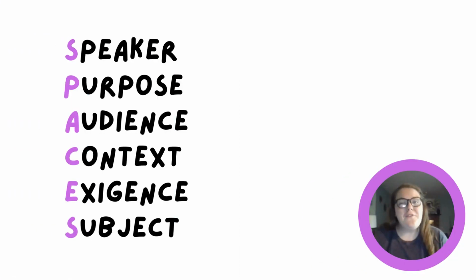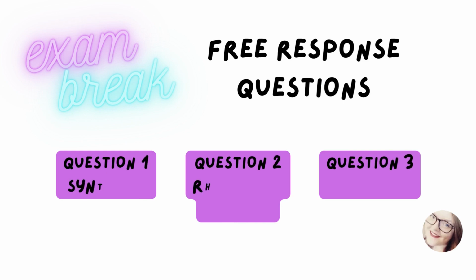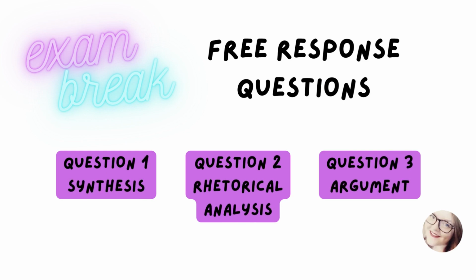So there's your overview of the components of the rhetorical situation. As you read passages for your AP exam, consider all of these components and how they're interacting. But we're not done yet. While part of your exam is considering the rhetorical situations of other writers, you also have to assess and engage in situations of your own in the written part of the exam. There are 3 different free response questions or essay questions on your exam. Questions 1 and 3 are persuasive in nature, while question 2, the rhetorical analysis, is more analytic.